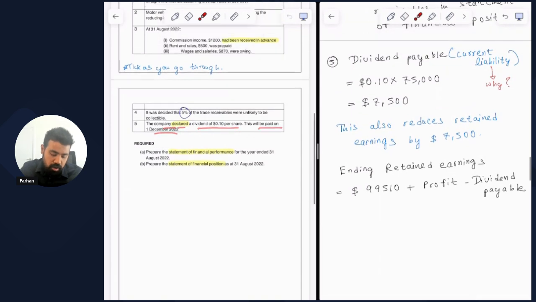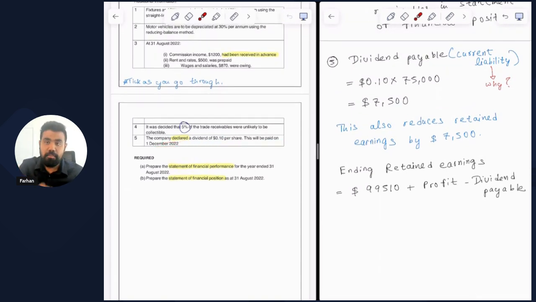All right, so you see how the question clearly mentions that this is a dividend declared. Any dividend that has been declared, we can understand that this is declared at the end of 31 August 2022, but this is going to be paid in the next financial year on 1 December 2022. Okay, now we call this a current liability, and let's calculate the amount for the dividend that we expect to pay